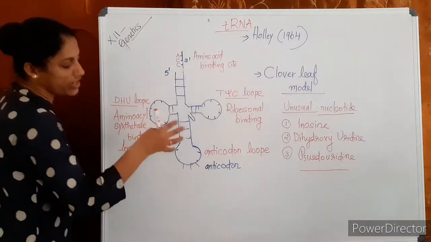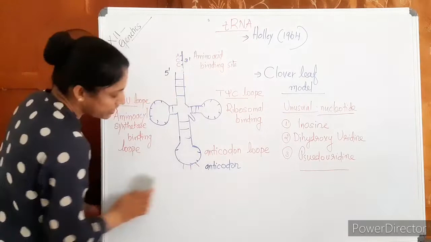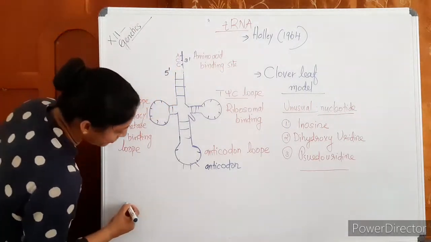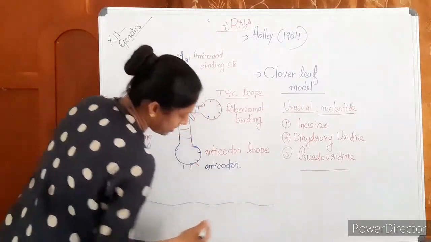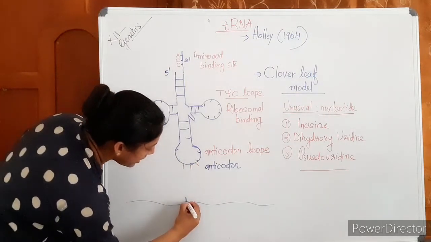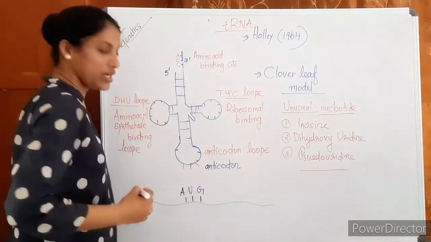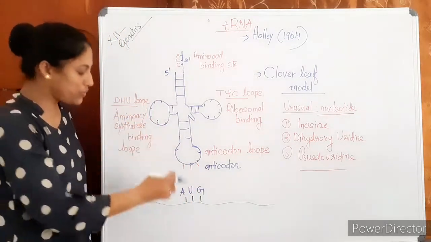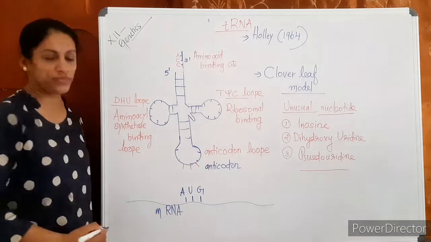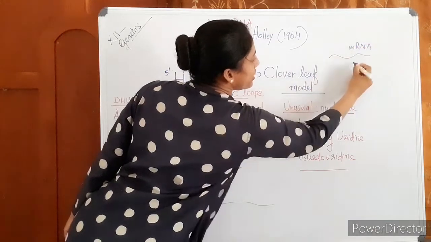Then a very important thing we have to learn is this part of the tRNA. See, this part of the tRNA can read mRNA. So suppose on the mRNA, here is AUG. What is it? The initiator codon. AUG is present on this mRNA. Okay? So the mRNA should be copied to what?